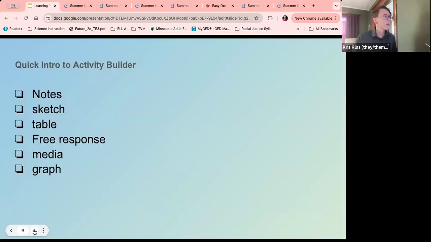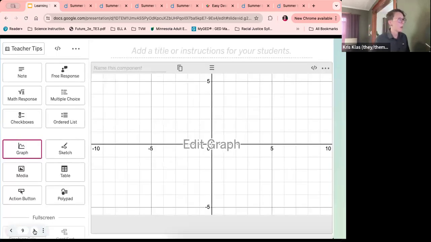And then the last thing we want to take a look at is the graph component. So again, we said this is designed for math teachers. So when you add a graph component, it's going to look like this. But if you click that edit graph,